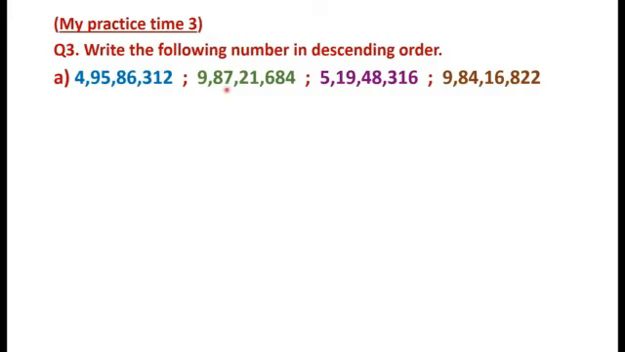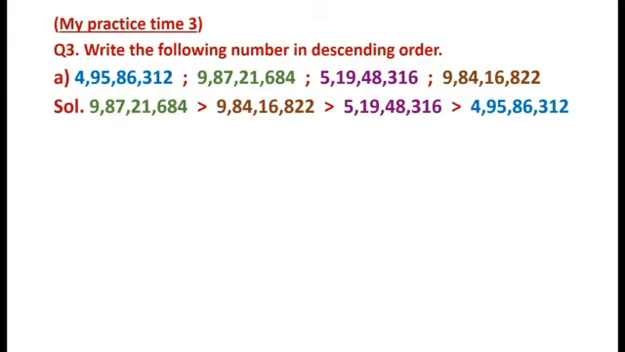So here the digit is 7 at lakhs place, and here the digit is 4 at lakhs place. That means this number is the largest number. So we will write this at first, and then we will write this one. And then children, you can see here it is 4 and here it is 5. That means 5 is the bigger number among the second and the third number. And the first one is the smallest number. So we will be writing the descending order as